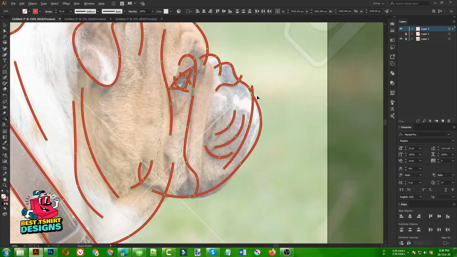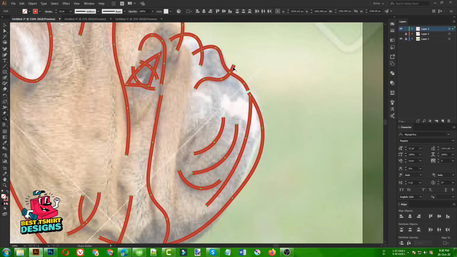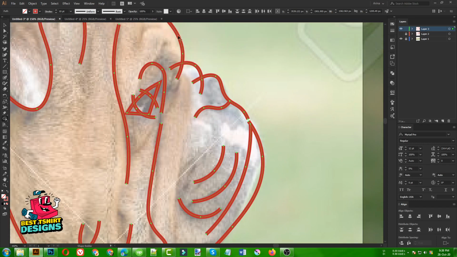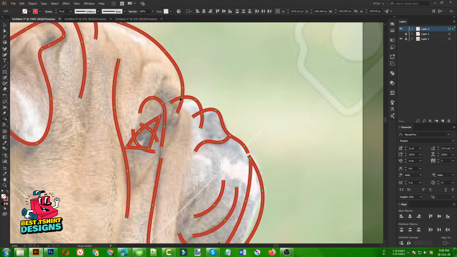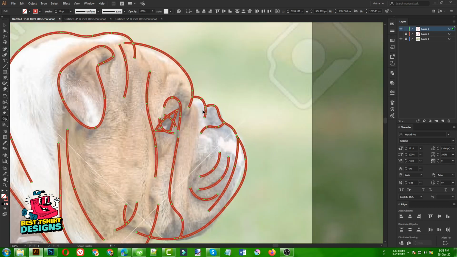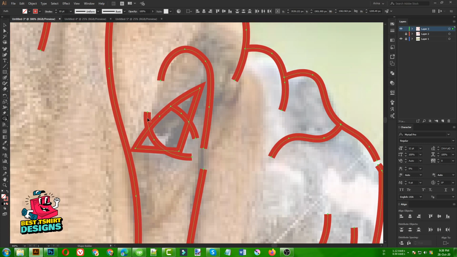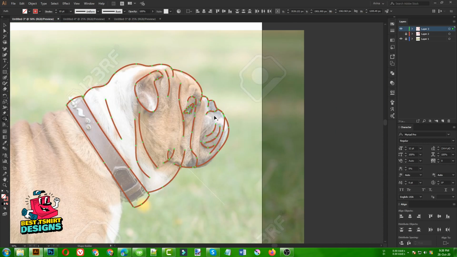That is the reason I use this stop point. Like this area, you can see if I draw it straight, it will not look very good, or it will not look as good as it looks right now. So let's erase that part and that part. Okay, sorry for that part. As you can see, this is making the curve realistic. That's why I use stop points. Otherwise you can draw a straight line if you want. So those are the parts I didn't want here.